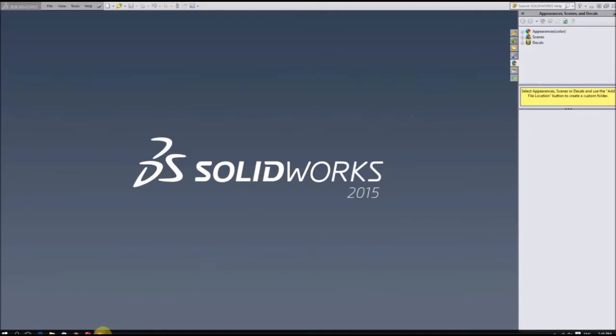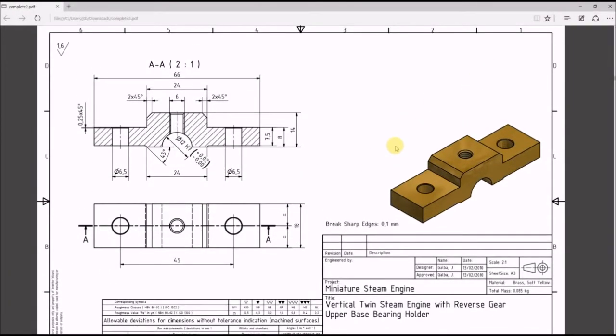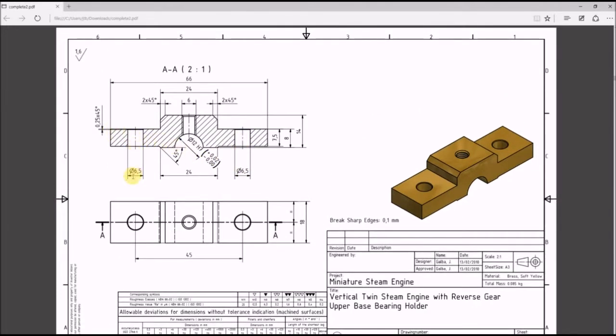Alright, as you can see, this part is a little more intricate. We have a series of different extruded cuts which go through. We have that same half cylinder cut through the bottom half. We have a couple of holes, and these holes are filled as well. So we have some new dimensioning here. Obviously, the circle with a slash through it shows diameter. These show the depth and the angle at which chamfers are made,